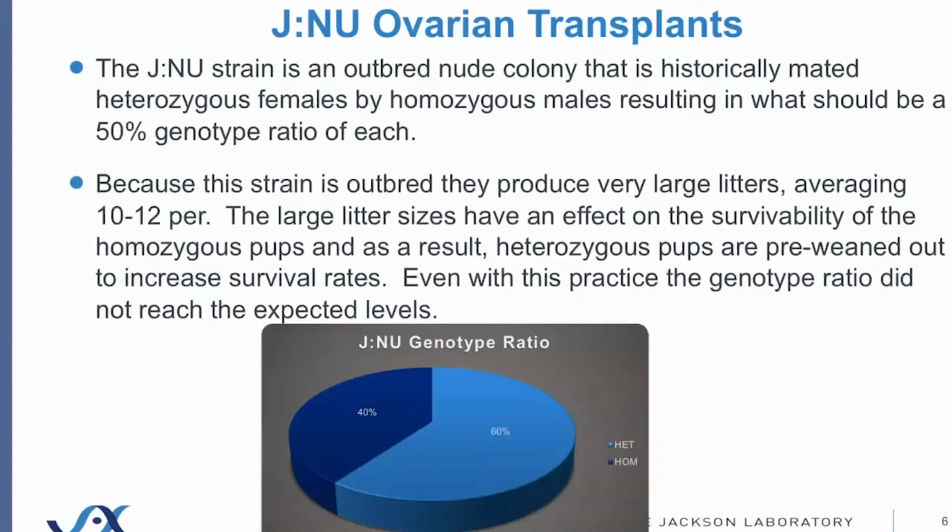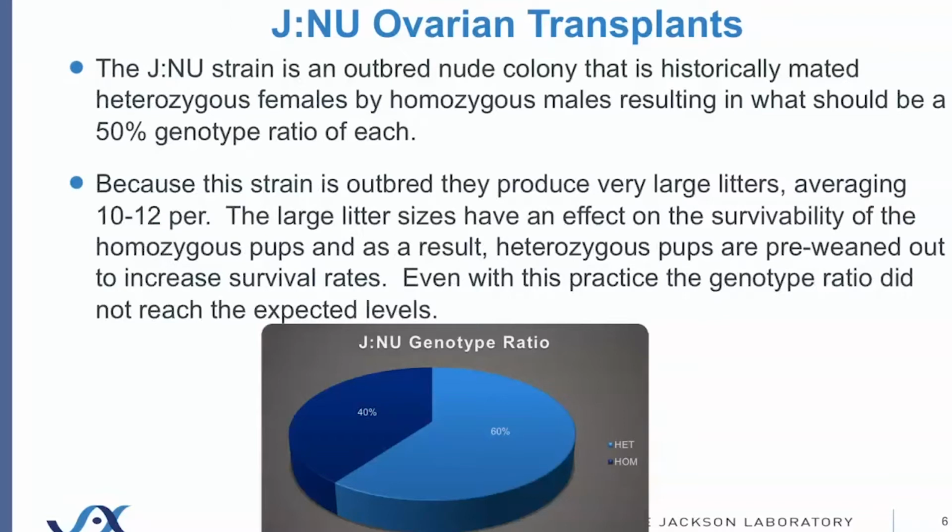So now I'm just going to go through 3 different examples that we've used ovarian transplants for and the benefits we gained from it. The first one is the JNU strain, which is our outbred nude colony, and it's historically made heterozygous females by homozygous males, which should, in the Mendelian world, give you about 50% genotype ratio of each. For this strain, the homozygous mouse is our preferred product, and so we should be getting about 50% of that